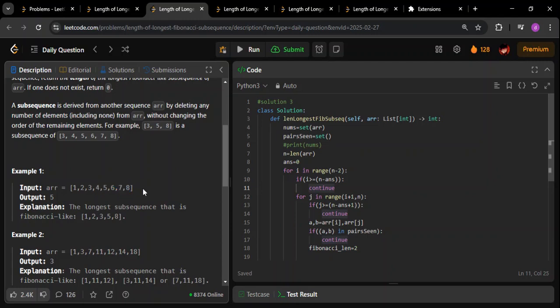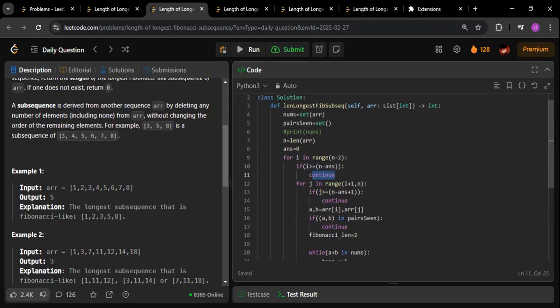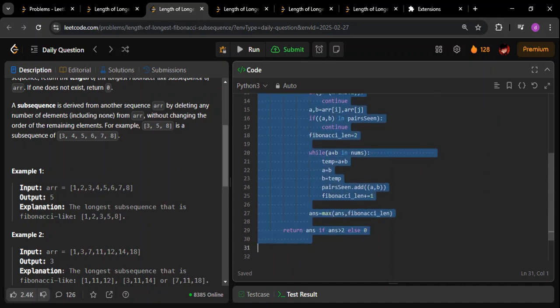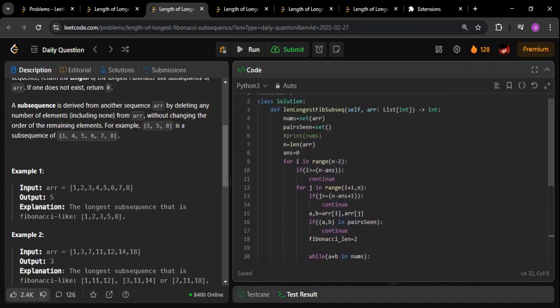Only that will be helpful to me, right? So for that reason, what I'm doing is, if i is greater than or equal to n minus answer, then you should not continue further, okay. Skip the rest of the code and go to the next iteration. This will save us a lot of recalculations, because the answer that is going to come is obviously